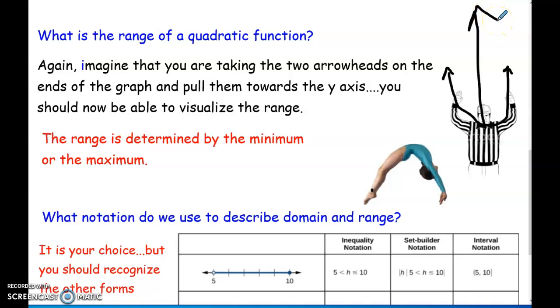So what's my range? My range is all the numbers bigger than his chin. So anything going up that way. If the curve went down like this, then I'm going to start right here at her back, and any y values would be less than that spot. So the range is determined by the minimum and the maximum